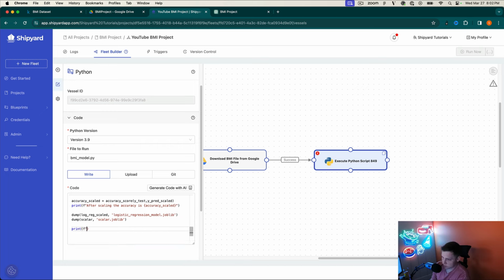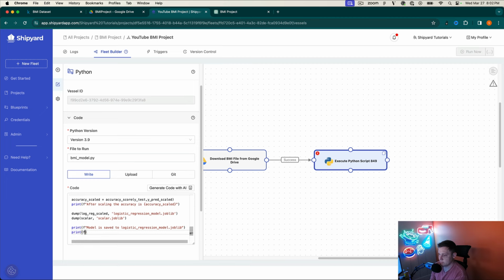we're going to f string. So the model is saved to, we'll say, to this. Nah, we don't care about that. So let's print out the model is saved. Yeah, we do. It's not very lazy. So we're going to print out both of them. So we're going to print that the scalar is saved to